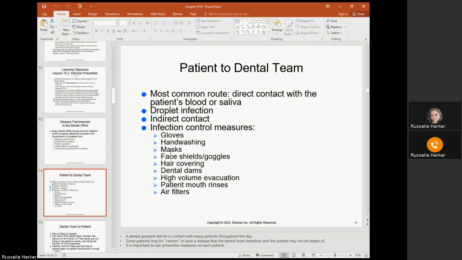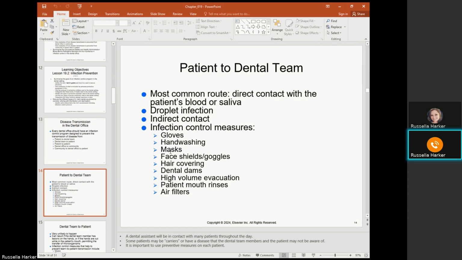Face shields and goggles. Now, remember, goggles and face shields are for your eyes. If you're wearing a face shield, you still have to wear a mask. Just because it hangs down past your mouth, that is not enough coverage for your mouth. You need to have a mask on and cover up the oral cavity